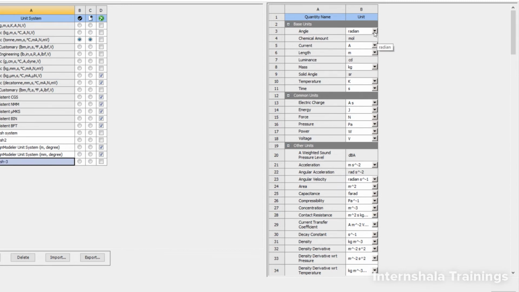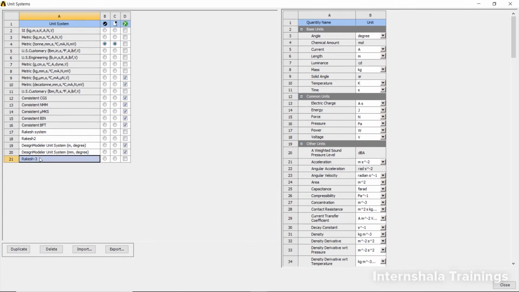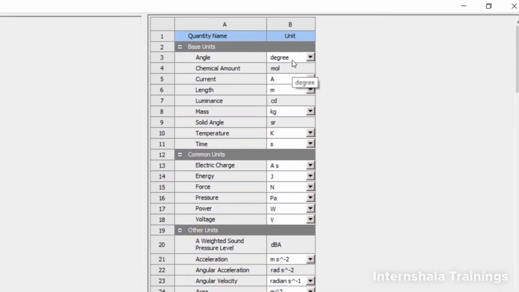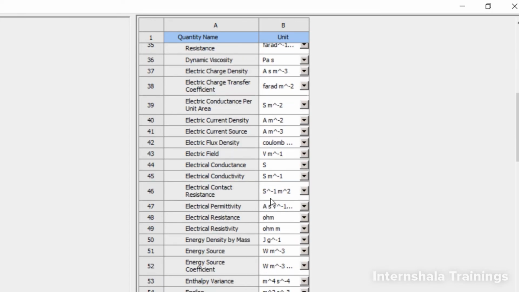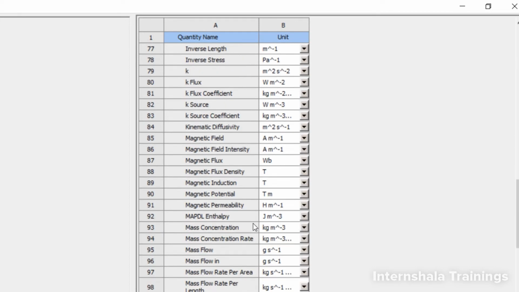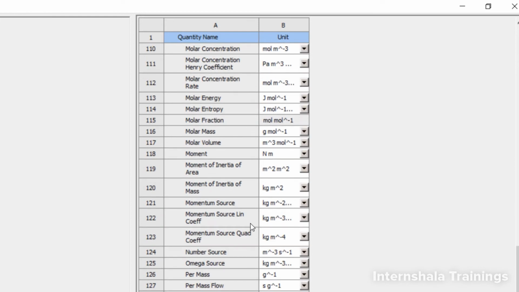Then I can click on this drop down arrow and select degrees, so that whenever I use this Rakesh 3 system, the angle is always measured in terms of degrees, not radians. Likewise, you can also change the mass from kgs to ton, decaton, grams and other things, and you will have access to a number of options, quantities and unit systems.